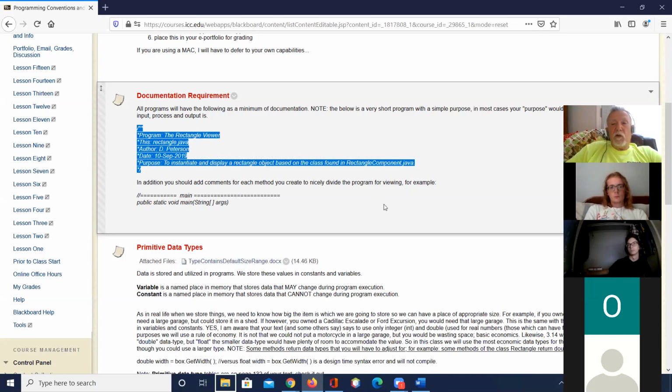Again, in the real world, we would have this with every part of the code. Every procedure in the code would have this because in the real world, more than one person is writing the program. And I might only have to write certain parts of it. So they're going to want to know what part I'm writing, when I wrote it. We talked about the tensile strength program; I want to know what year the person that originally wrote it wrote it. Who did it? Are they still in the company? What is it supposed to do?